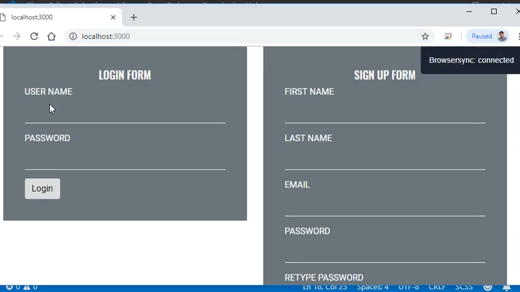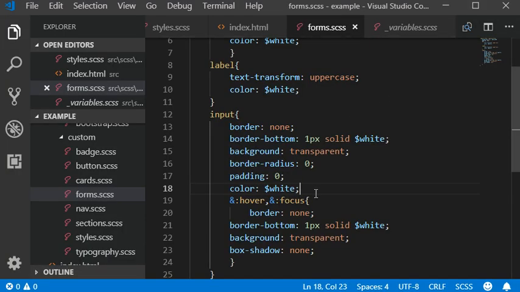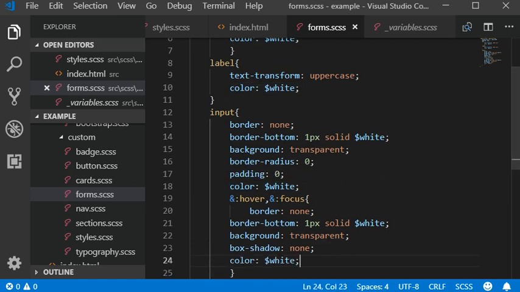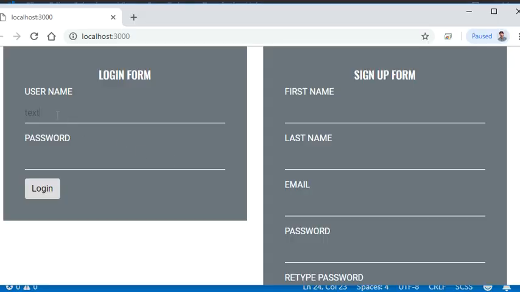So this is how you can add some text. Actually the input field is not getting the text white. Let me paste this one over here. Yeah, now we have created our text with the white, and